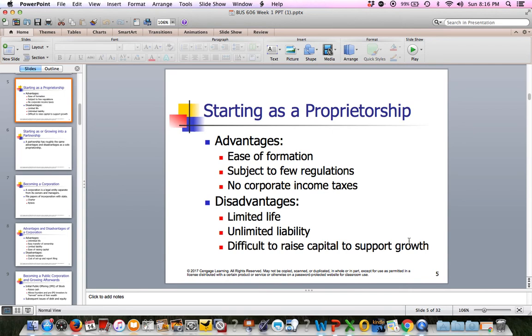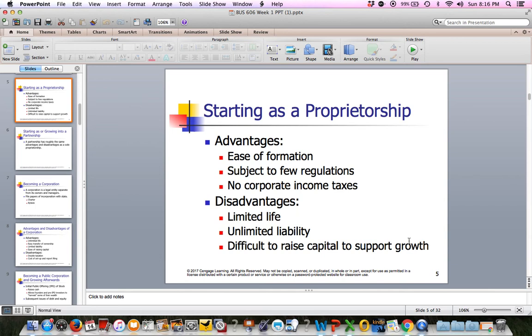So, disadvantages: limited life. If the owner chooses to end the business or sell it, then the business ends. And unlimited liability is probably one of the bigger ones. Basically, think if your sole proprietorship or your partnership goes out and takes out a bank loan, the concern is if the business fails, it's very possible that your personal assets will be subject to being sold